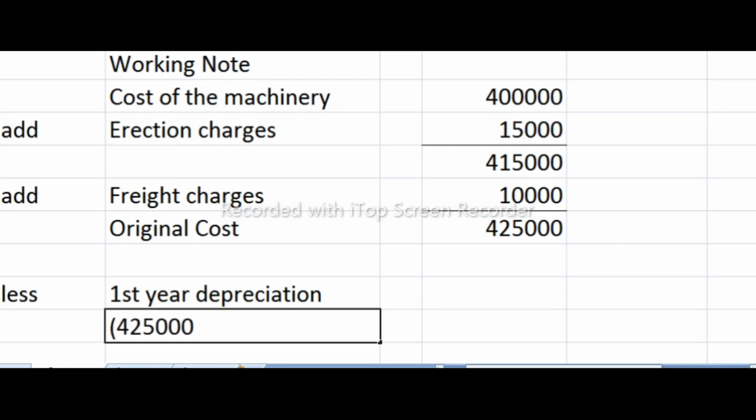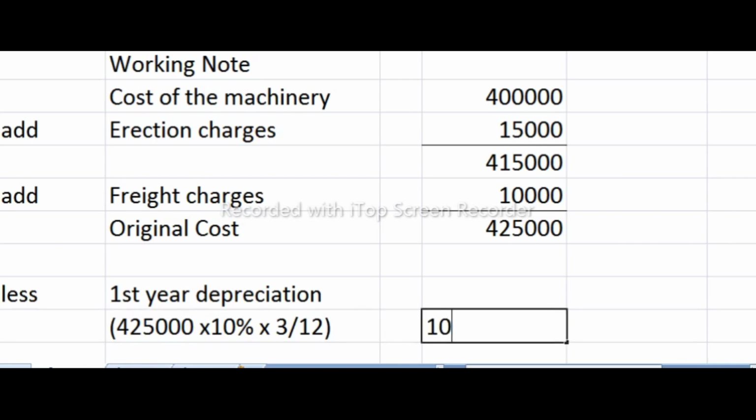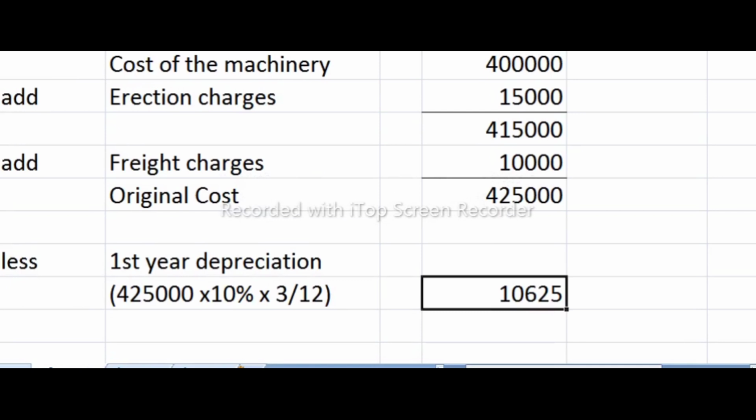4,25,000 into the rate of depreciation, which has been given as 10%, 10 by 100, into the number of months, 3, divided by 12. 12 indicates the year. So 3 months out of 12 months, only 3 months of depreciation we are going to calculate. That's why it is 3 divided by 12. So when you do the cancelling, you'll get the answer for the first year depreciation